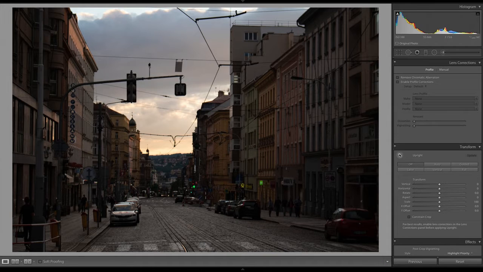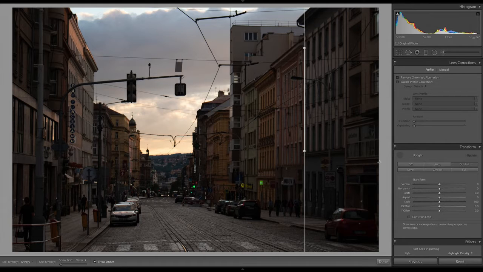So if I click this little button right now with the little cross sections, basically what I need to do is tell Lightroom which lines should be straight. Because this is a photo looking upward at the buildings, the way the angle looks, some of these building lines actually appear like they're bowing out. So to bow them back in, I'm just going to click a couple lines. So I want to pick a couple that are easy to see. So this one right here is easy for me to see.